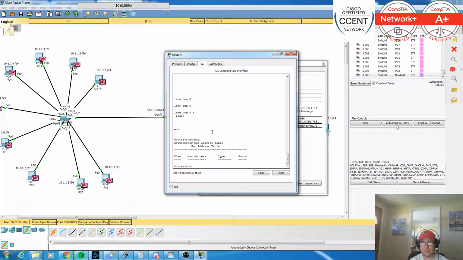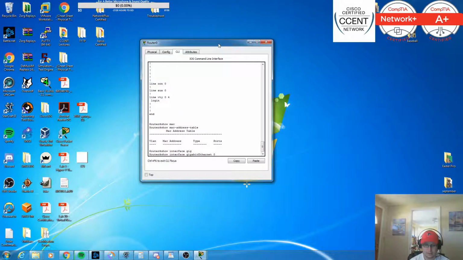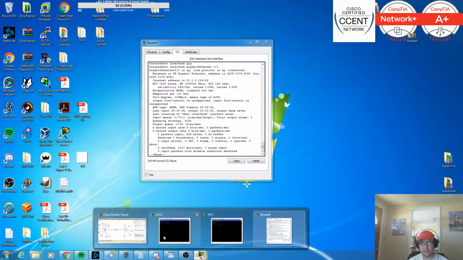I want to show that. Show interface giga 0. What is that one? 1, I believe. 0, 1. Yep, 1. Let's go back to Packet Tracer here